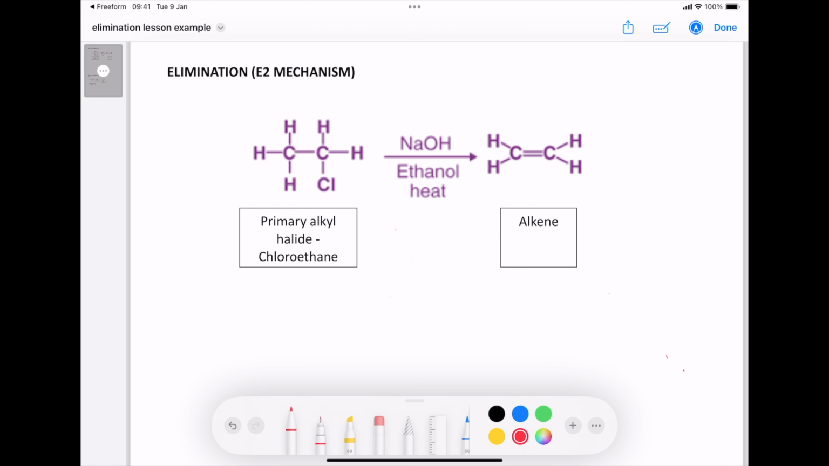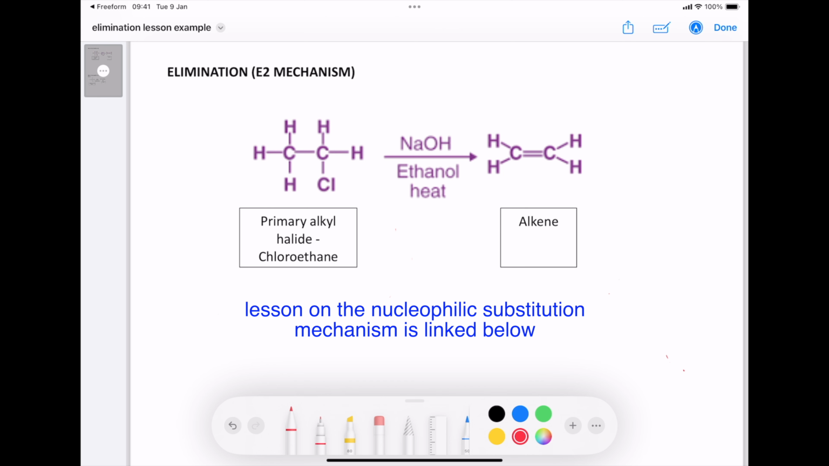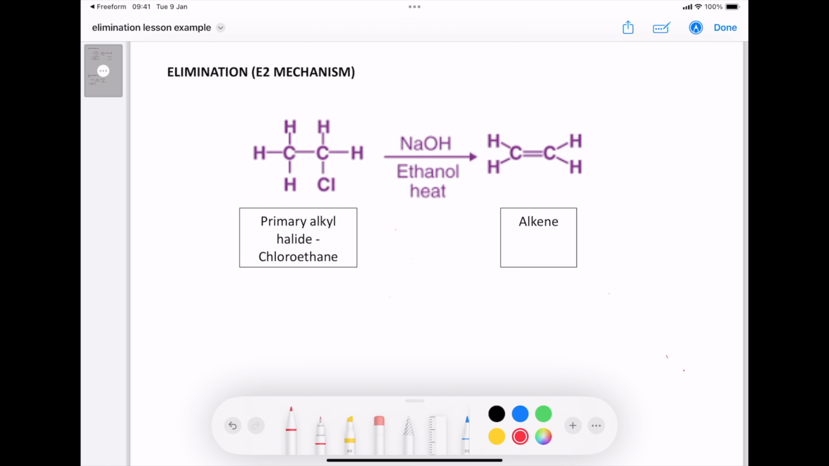Today's lesson, I am going to run through the elimination mechanism, and there's two versions of this, the E2 mechanism and the E1. But before I start, it's worth mentioning that I've done a video on the nucleophilic substitution mechanism, which covers the SN1 and SN2 varieties of that mechanism. So I strongly suggest you watch that first because they are analogous to what I'm about to explain here, in the case of the E2 mechanism being similar to the SN2 mechanism and the E1 mechanism being analogous to the